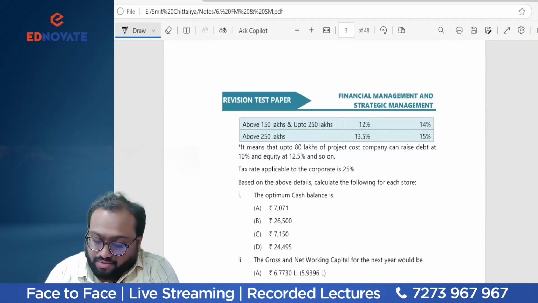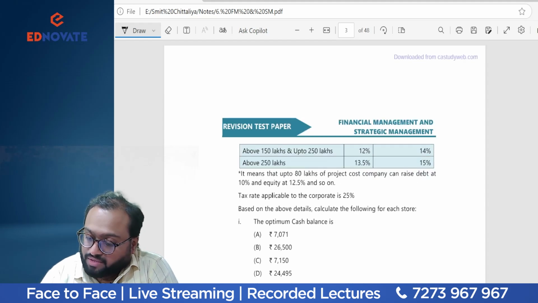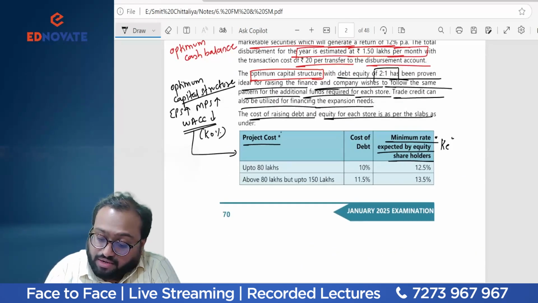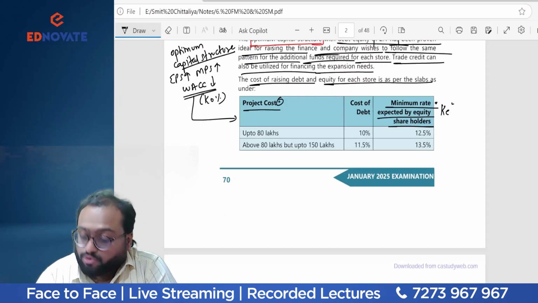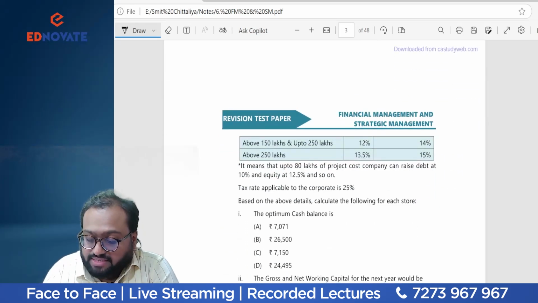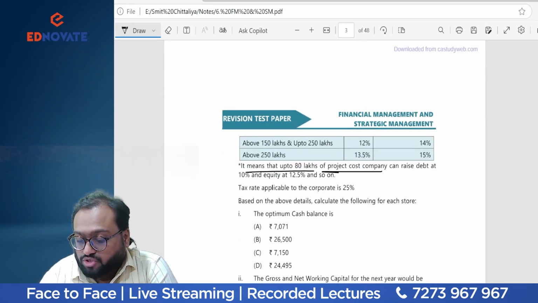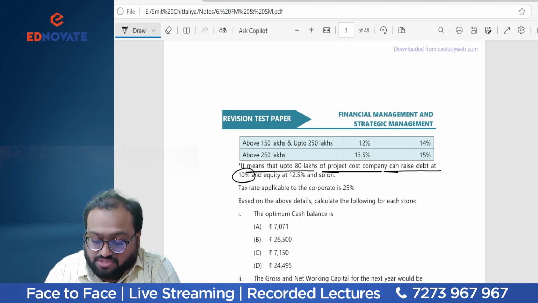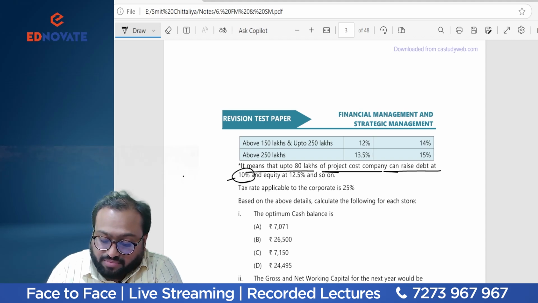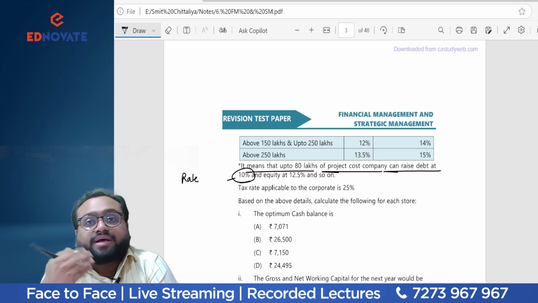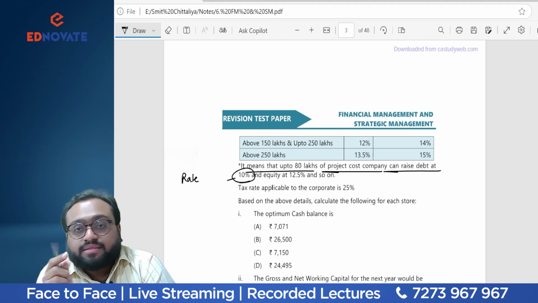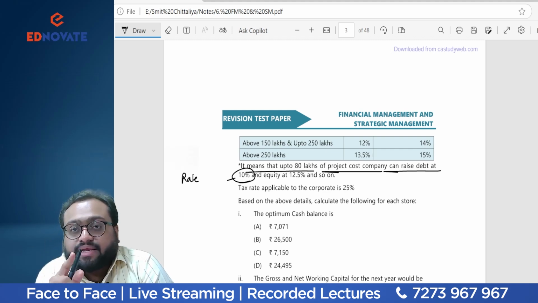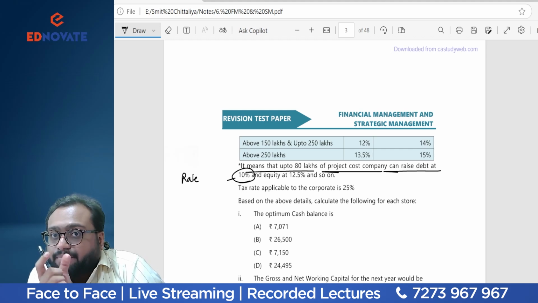Okay. Now what does this asterisk mark say? Where was the asterisk mark? Sir, the asterisk mark was near the cost of project. Now what is it saying? It means that up to 80 lakhs of the project cost, the company can raise debt at 10%. And this 10% is nothing but the rate of interest. Means if I want to raise up to 80 lakhs, there's a proportion of 2:1. So 80 lakh into 2/3 is the amount of debt, and on that debt I need to pay 10%